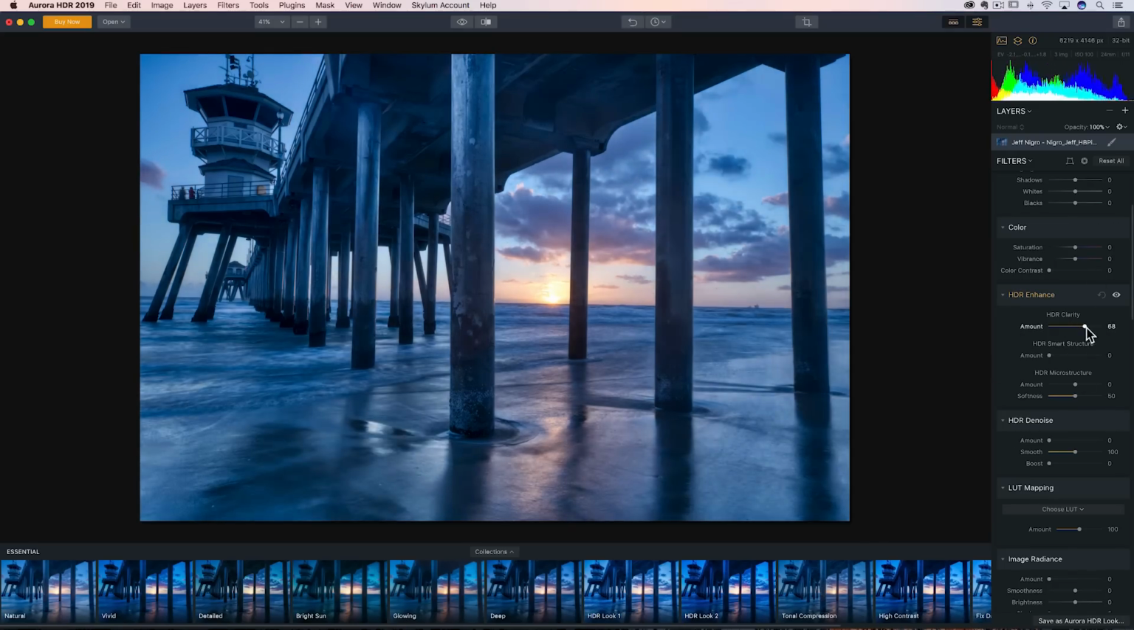Think of your clarity as mid-tone contrast. You can look at your histogram. You can see the blacks over here, the whites over here. They don't really move much. It's everything in between. Smart structure is going to be, forget the word smart because, if you haven't noticed, everybody's